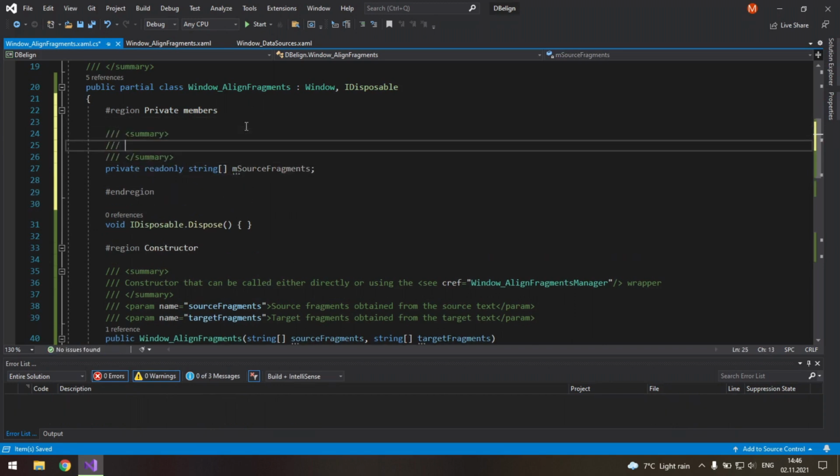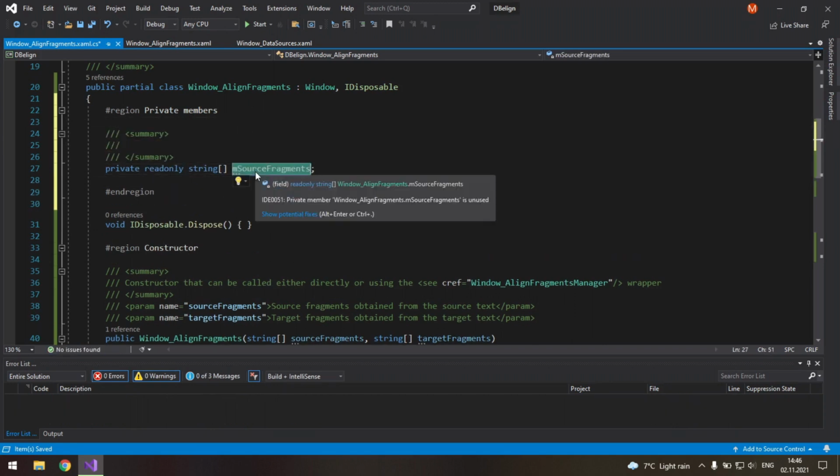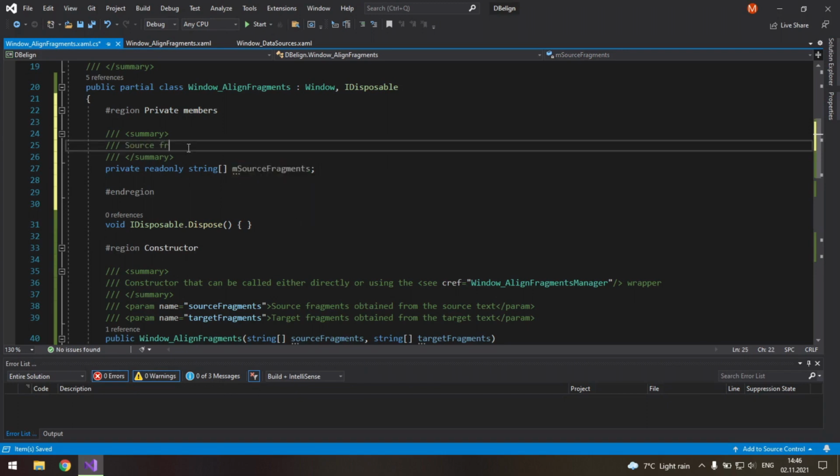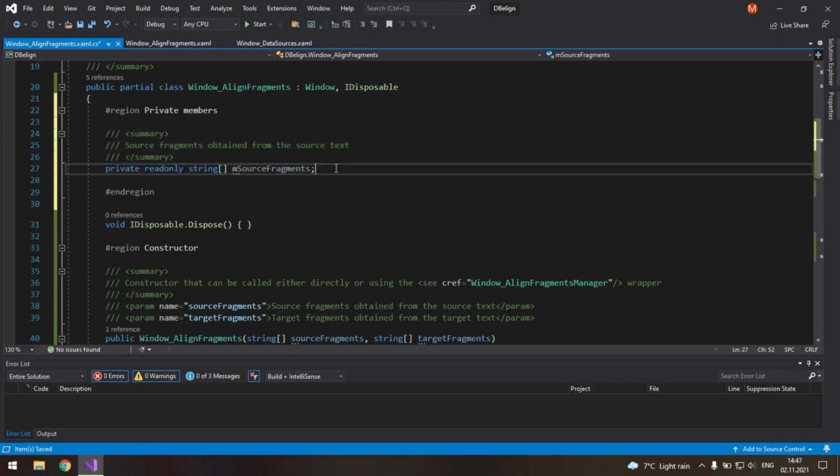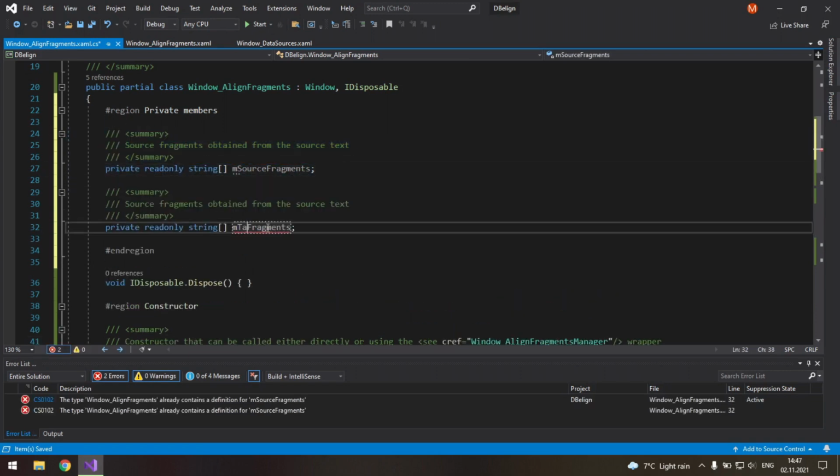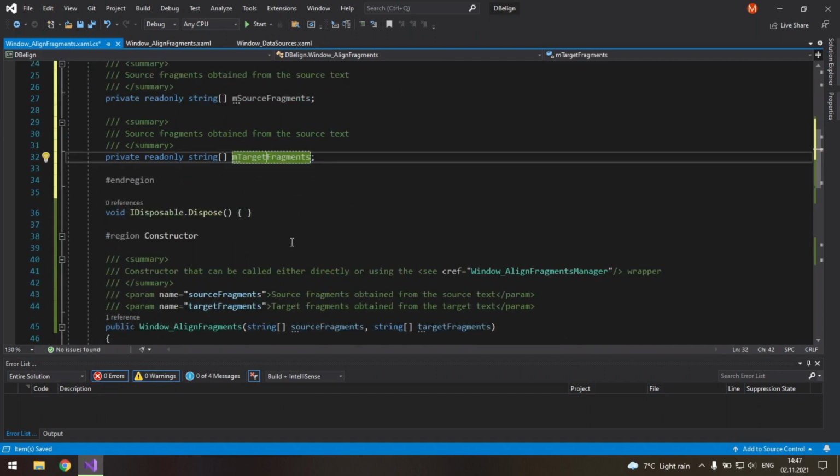Read-only means that it can be assigned only in the constructor, but not in other methods. So source fragments, well, actually, let's copy this. Obtained from the source text. And of course, the same for target fragments. And copy this description as well.